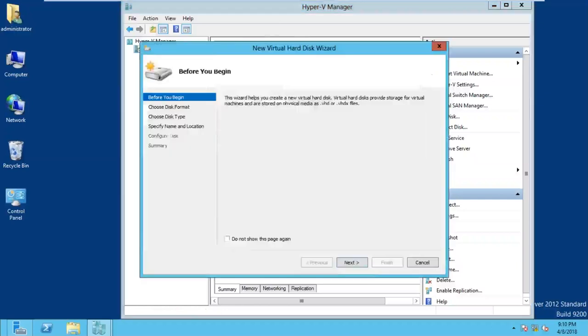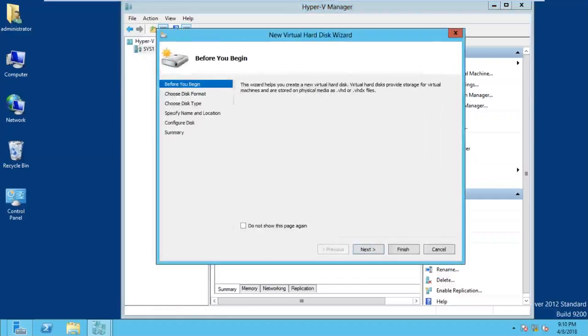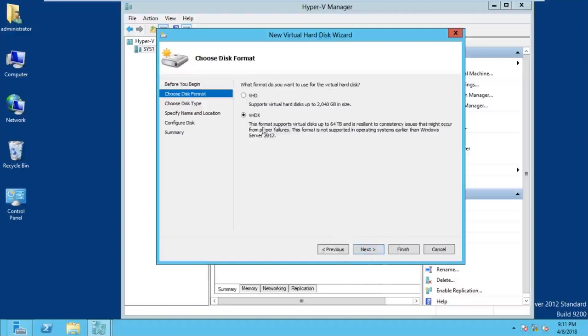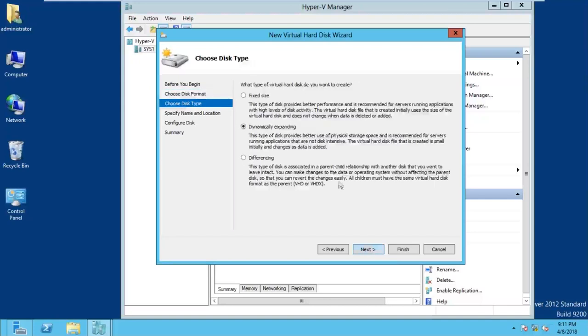Now once you click hard disk, write down 2 times next, 2 times next, click next, and it is asking the format. By default we selected VHDX, yes we need. So write down, click next. Now it's asking, sir, what type of disk you require? Fixed size VHD, dynamically expanding, or differencing? So write down, select differencing,